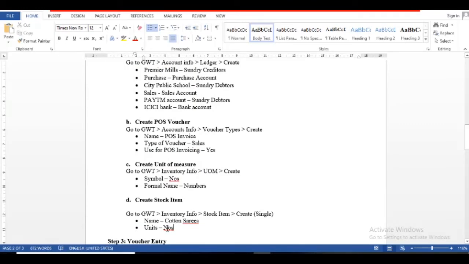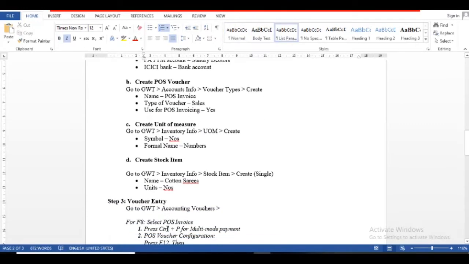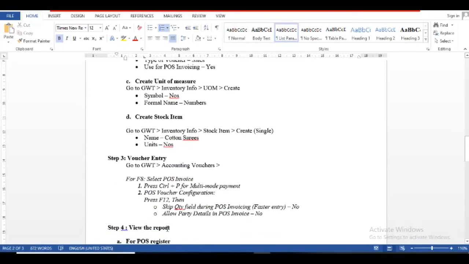Then I move to voucher entry. Go to gateway of Tally, accounting voucher. For F8 select POS invoice, I give some reference to you. Press Control plus P for multi-mode payment.